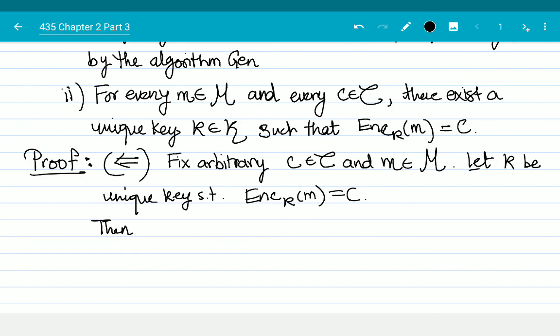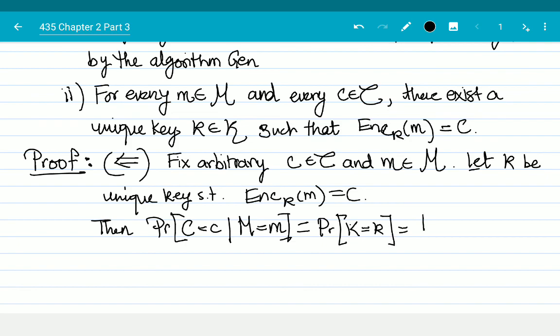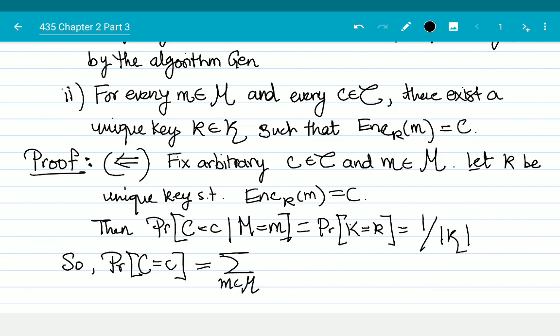Then the probability that my ciphertext is c, given that the message is m, is exactly the probability that the key chosen is k, which is 1 over the size of K. And therefore, the probability that the ciphertext is equal to c is the summation over m in the message space M of the probability that the ciphertext is equal to c given that the message was m, times the probability that the message is equal to m,